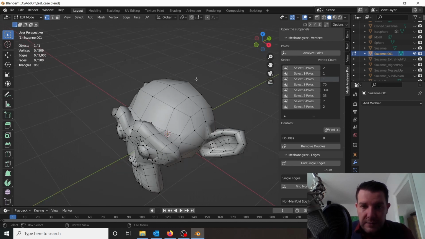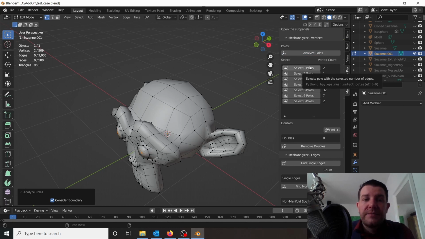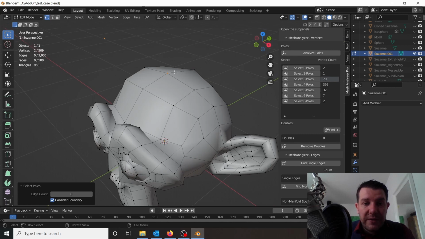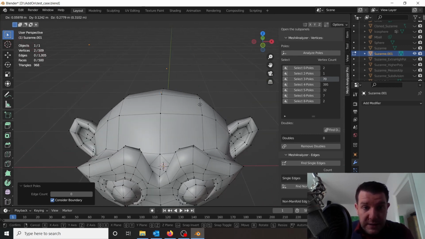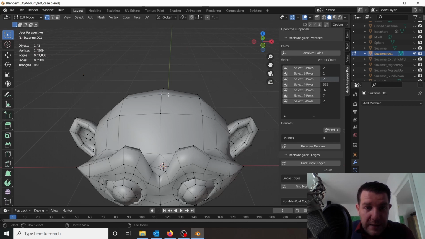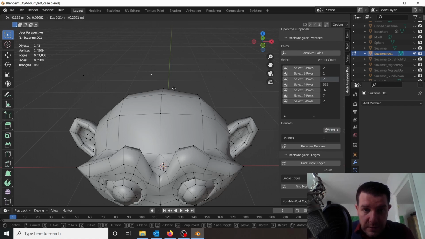So you can hit X, delete vertices. Now we analyze the poles again, and we have two 0 poles, and you probably know where this is going. If you select those, we have the single vertices I just created, and this one here you probably would have found also by hitting the find doubles option, but